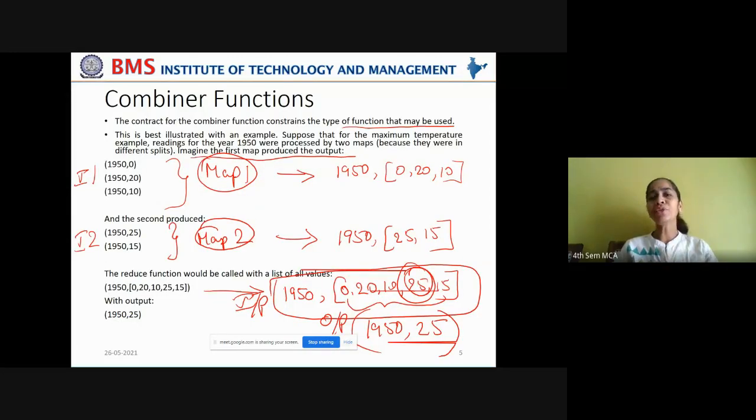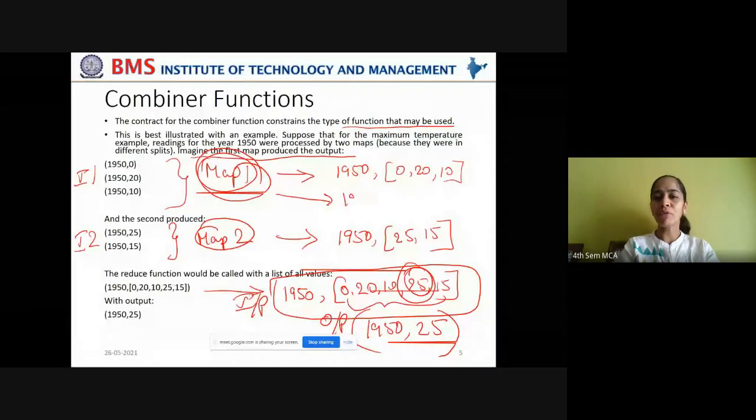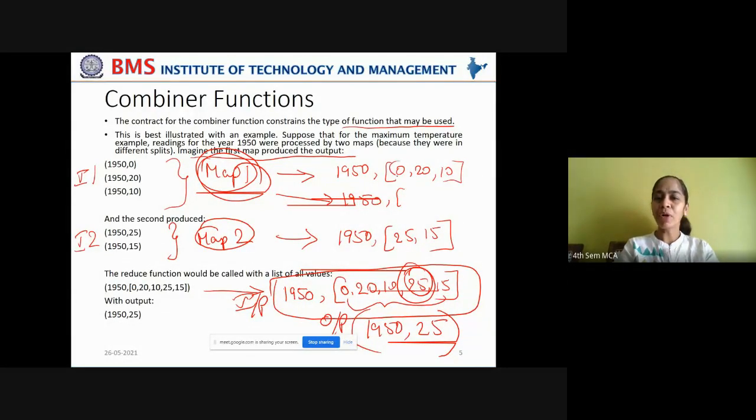We are introducing a combiner function which will act on this map output, which gives us an output like this directly, 1950. And in 1950, what is the maximum temperature here? 20. This is the job of the combiner function. It takes the map's output and finds out at its stage what is the maximum temperature recorded.